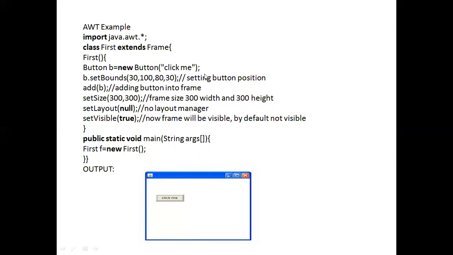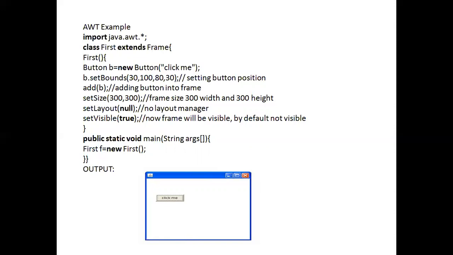So here we can set the button position, and we can add b by using the add method. We can add the button into the frame. Then setSize: we are setting the size 300 by 300, that is the width and height of the frame.